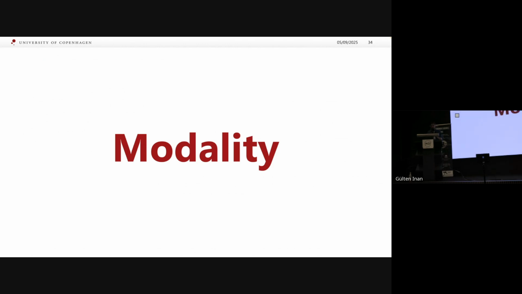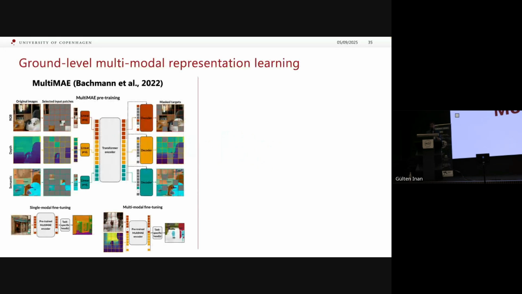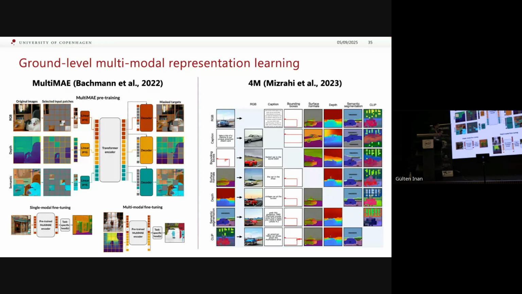Okay, and then the last part would be to bring in multiple modalities, multiple sensors. And I also mentioned on Tuesday that masked image modeling is an alternative pre-training task. And the EO space, I think, is quite focused on mask modeling as well. And this is one of the earlier works that was trying to fuse different modalities in such a mask modeling framework. And it was later on also presented in this so-called 4M. I think it stands for massively multimodal, multitask, another M model.